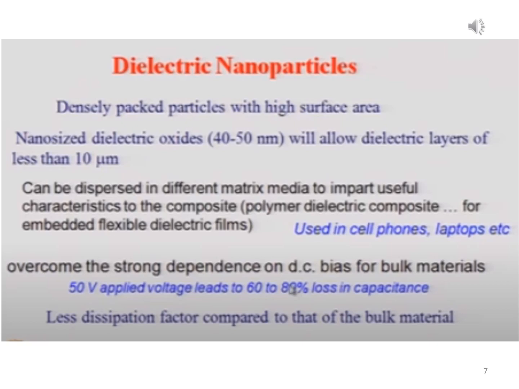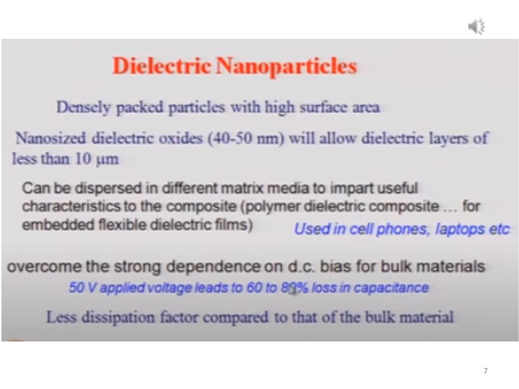So you can take a different starting material, and you can mix them with different dielectric nanoparticles. That is important, and you can make a composite like a polymer dielectric composite, and then